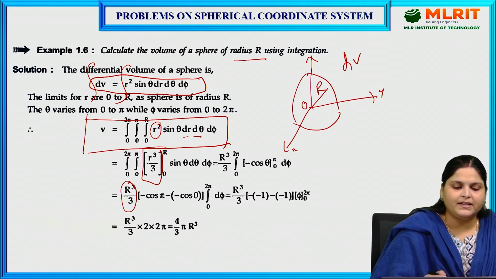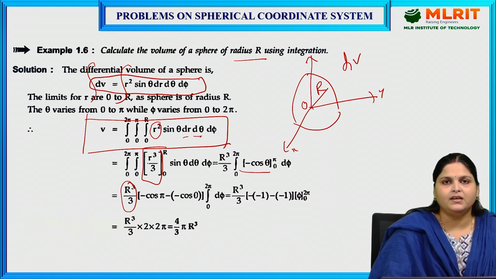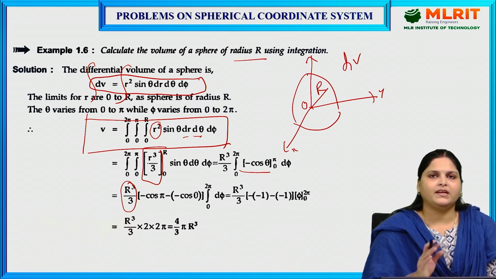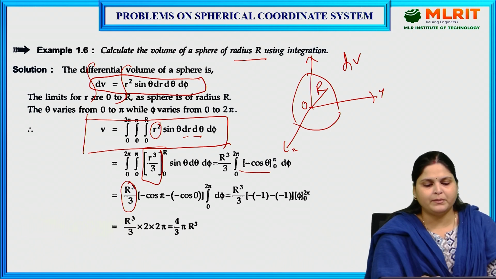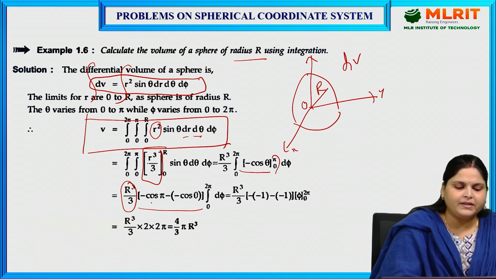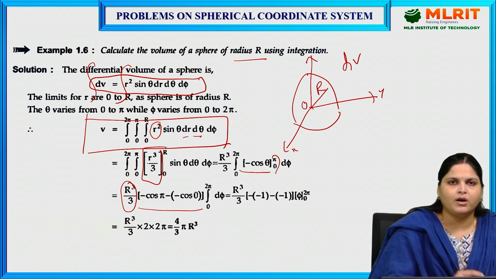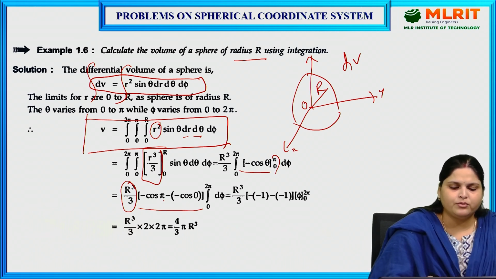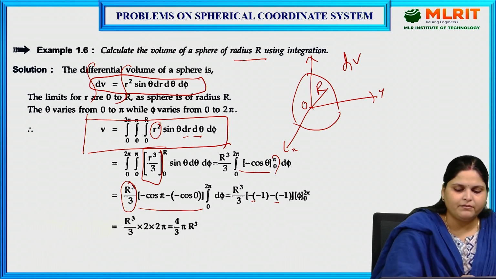Next we will integrate sin theta with respect to d theta. So sin theta integration is minus cos theta, and the limit of theta is, because it is the conical angle, it can range from 0 to 180. So the limit is 0 to pi. After putting this in, we will get minus cos pi minus cos 0. So cos pi is nothing but minus 1, so minus of minus 1 minus cos 0, which is also minus 1. So this will become 2, right? Then we have nothing left.